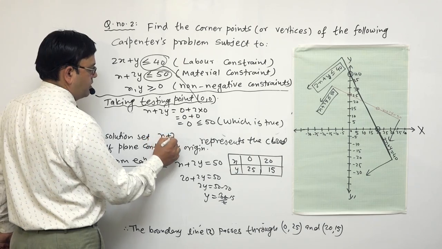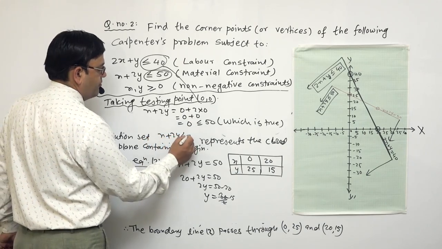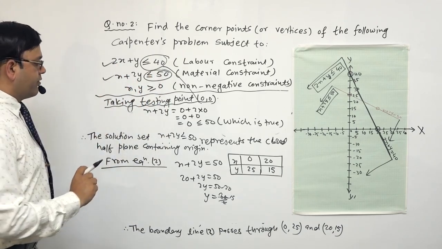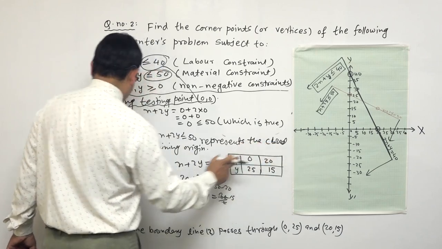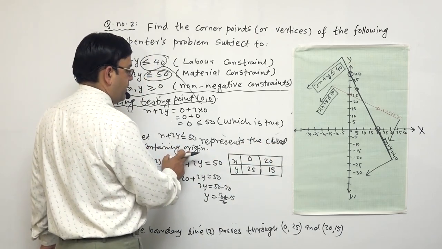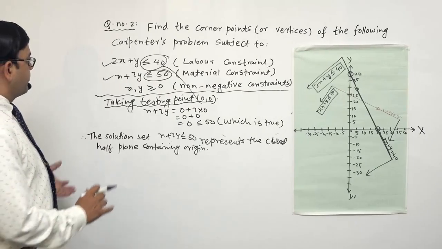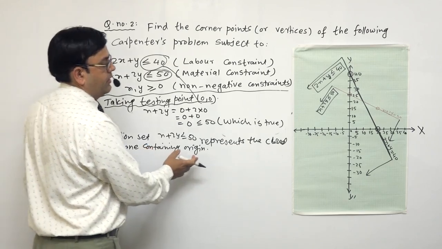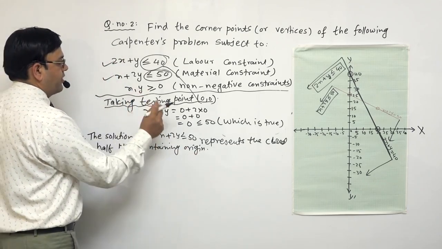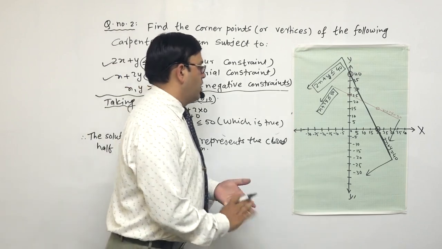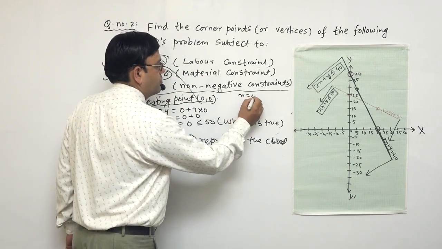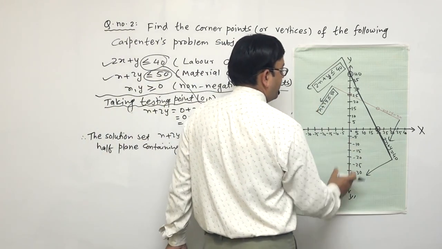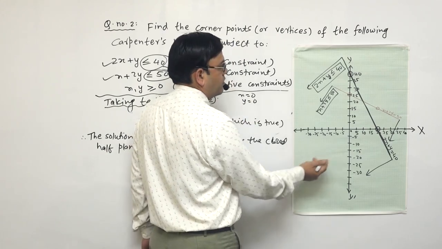यो x + 2y > 50 जुन हाम्रो क्वेशन, यो फर्स्ट पार्ट हामीले सिध्याइसक्यौं। अब सेकेन्ड पार्ट हामीले राखेका छौं, 50 रिप्रेजेन्ट्स द क्लोज हाफ प्लेन कन्टेनिङ ओरिजिन भनेर हामीले यो राख्यौं। Students, now we have to do this one, these two already we finished, and now x is greater or equals to 0 and y is greater or equals to 0 or हाम्रो equation third भनेको x is equal to 0, equation 4 means y is equal to 0 छ। So which line represents x is equal to 0? So x is equal to 0 is y